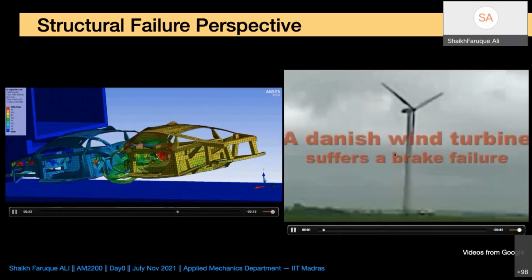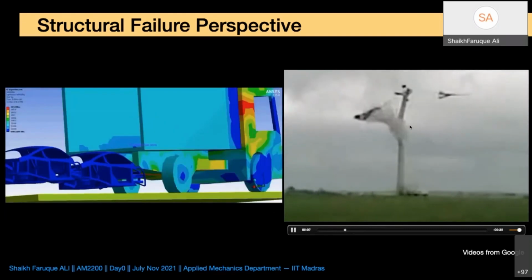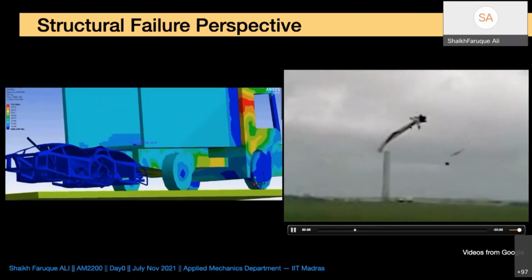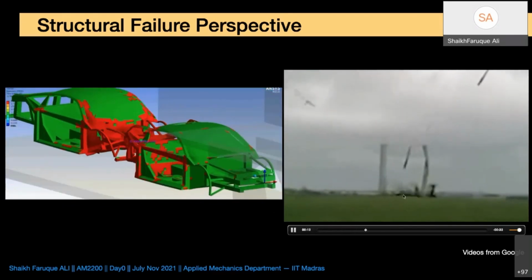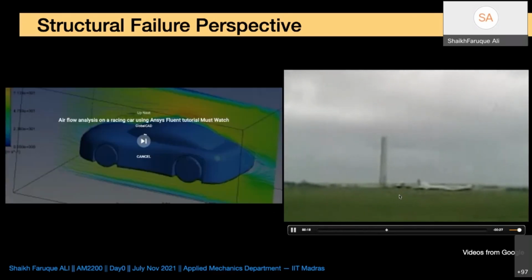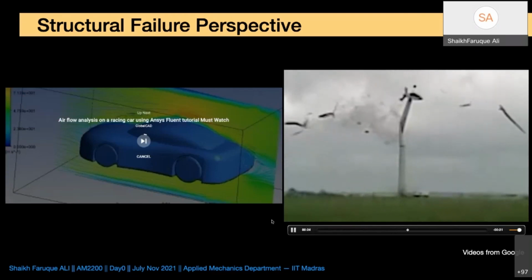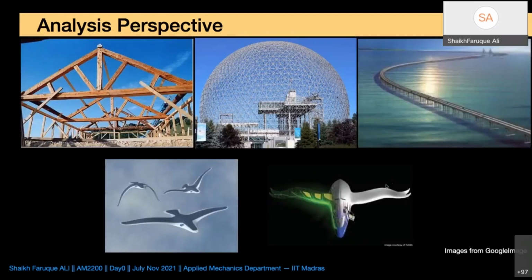Here is another structure that collapsed because of vibration in it. What happened? Why did it happen? And you can see there is a car below it. There was a repair going on, but it failed while it was under test or under repair. So all this understanding has to come to you. I'm not promising that you will understand everything, but you will at least have a judgment that this can happen. To understand everything, you have to take a lot more courses after strength of materials, and then you can understand the complete picture.